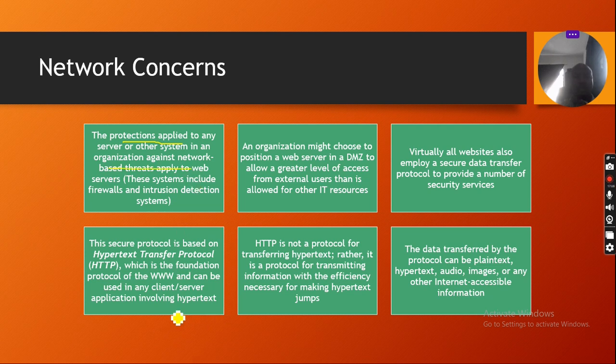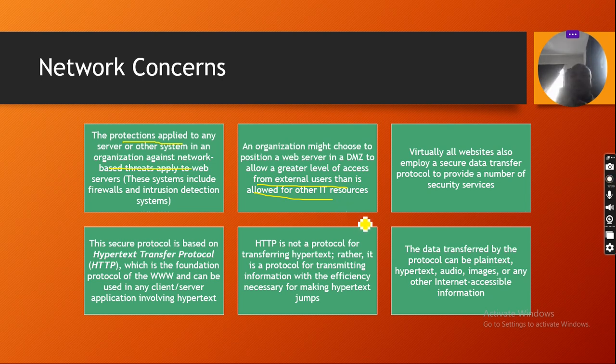That's number one. Number two is that an organization may choose to position a web server in a DMZ to allow a greater level of access from external users than is allowed for the IT resources or IT infrastructure.